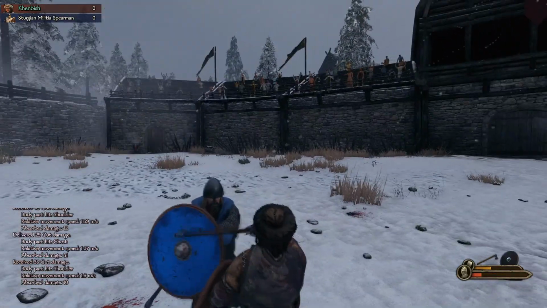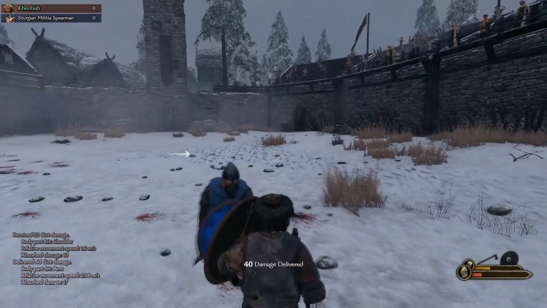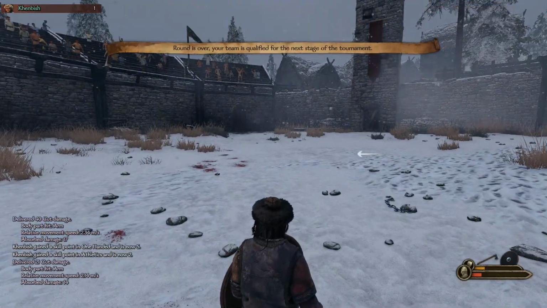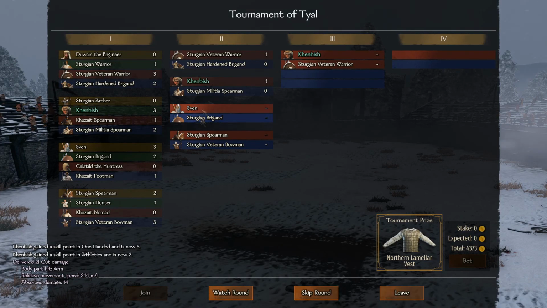Oh, God. Oops, you managed to block that. Got him. We're now through to the next round. I'm pretty good at getting through the first 2 rounds when you're fighting with teams, but